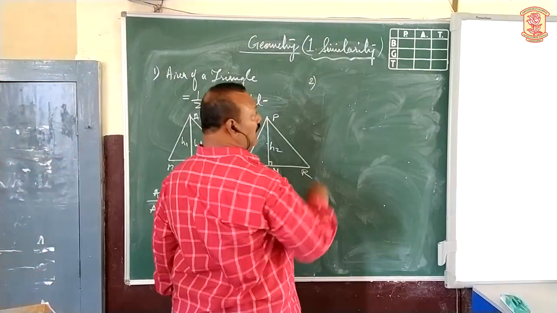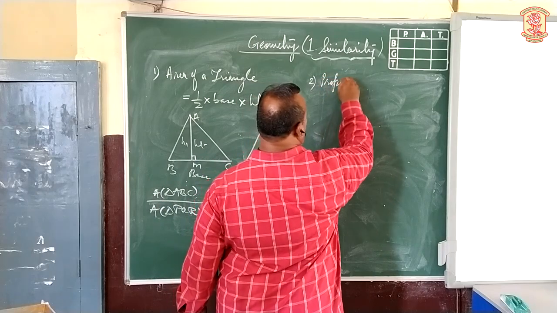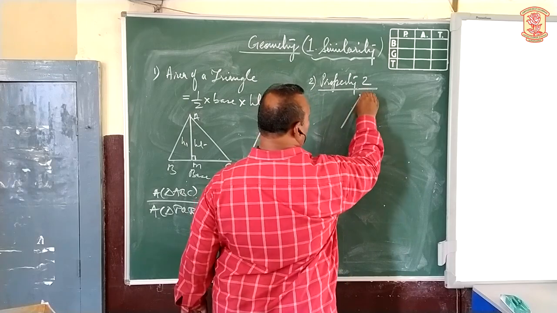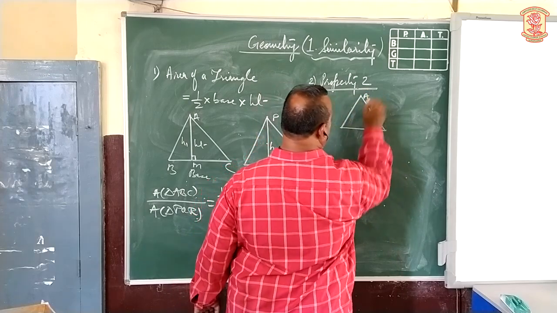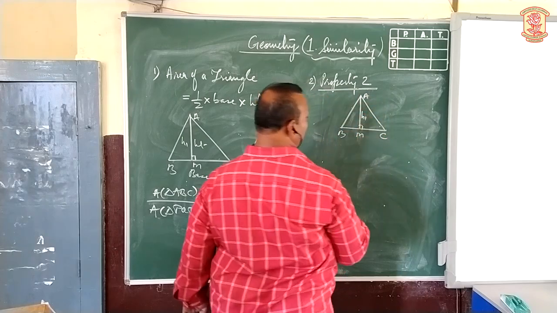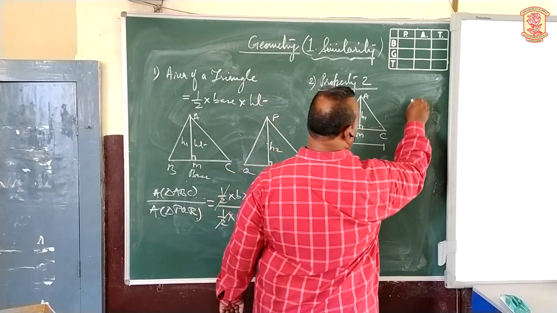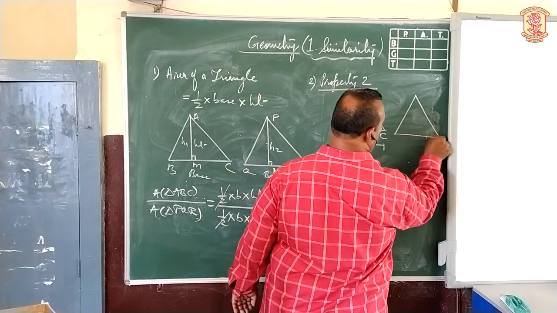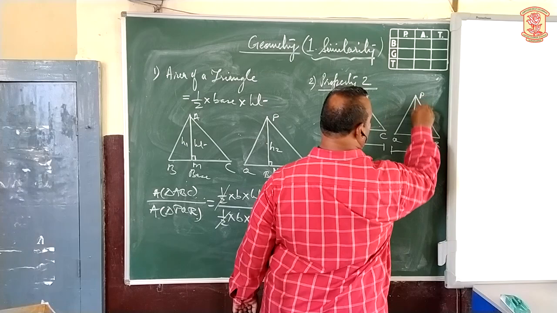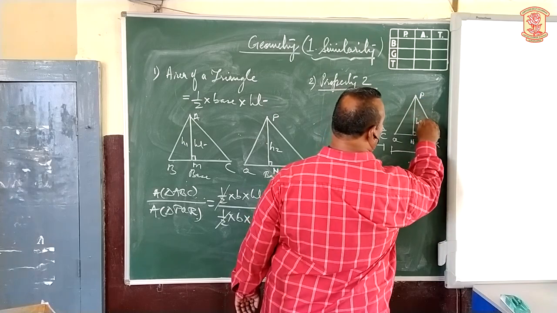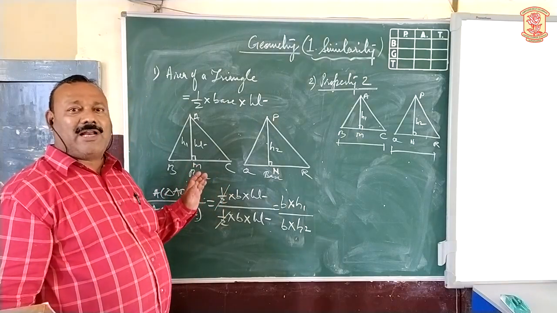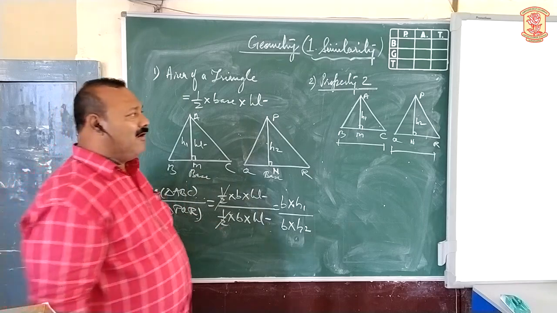Now, second property. For example, again, these are the two triangles. Triangle ABC once again with the altitude AM, height H1, and base BC. Another triangle is PQR, base QR, altitude PN, denoted by H2. Now, in the first case, we have seen that the areas of two triangles are proportional to the product of base and height. What is the relation here?